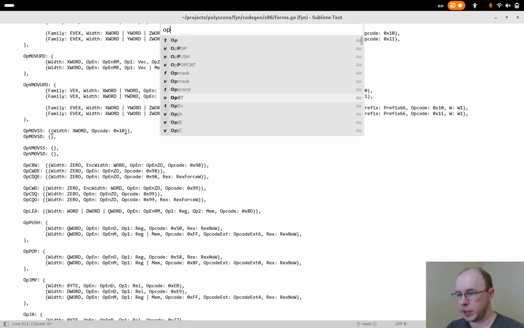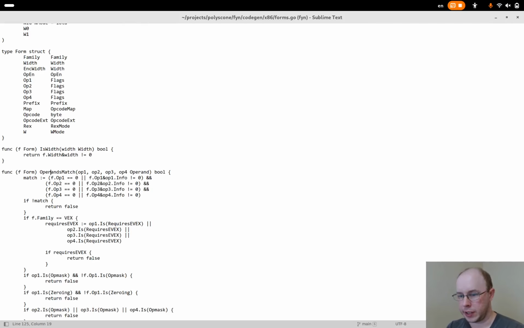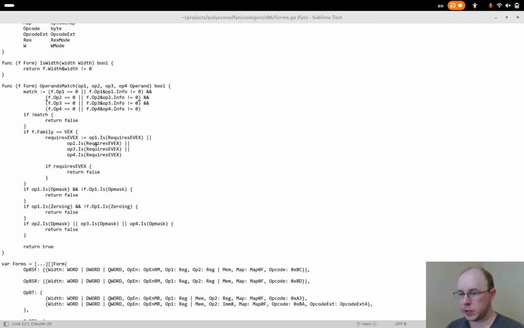So this is more about the operands match function, where right now, if the form doesn't have an operand or any operand flags, it just assumes that it's okay, which means it will actually accept